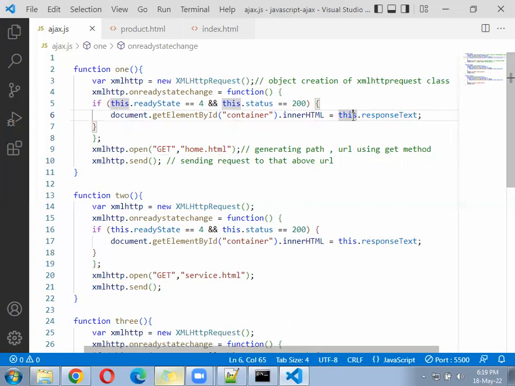After sending the request, whichever response comes, that response is being sent to the container using innerHTML. That is happening in this code. Calling a class and creating the object. After creating the object,